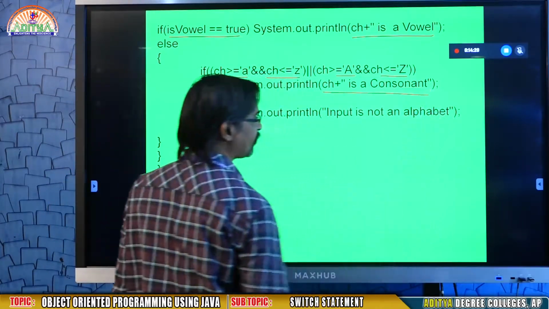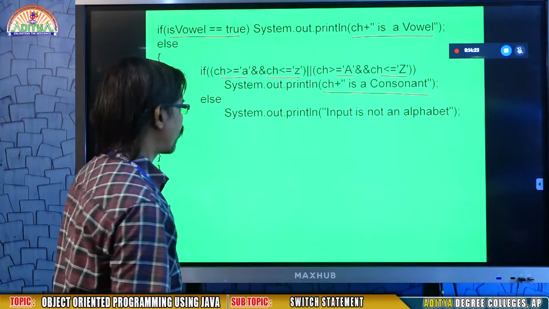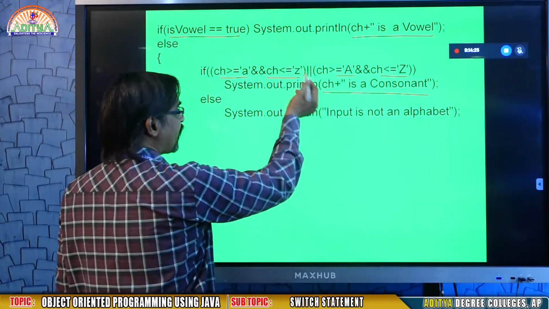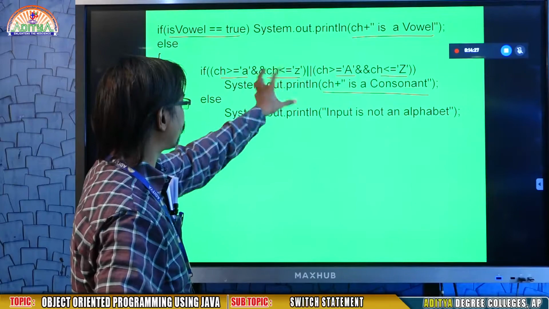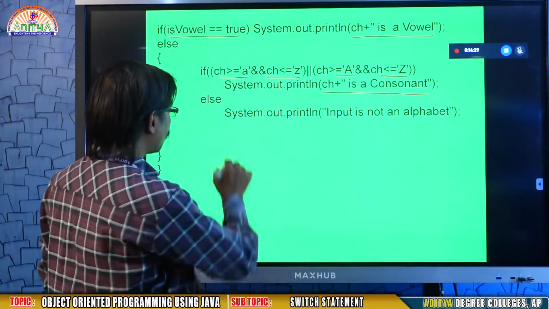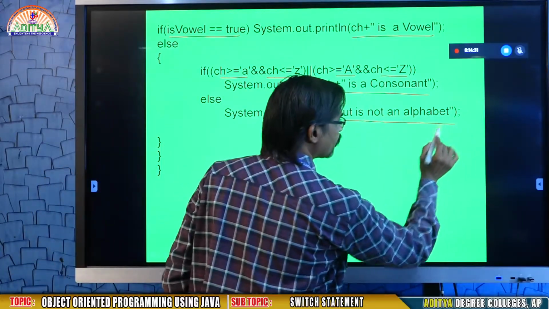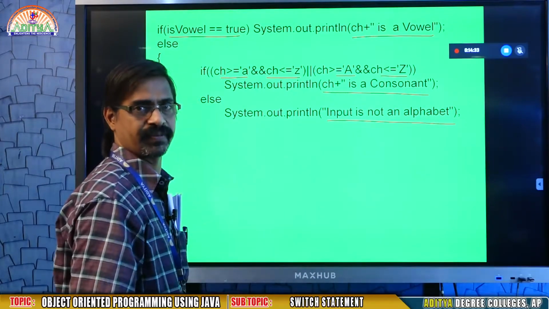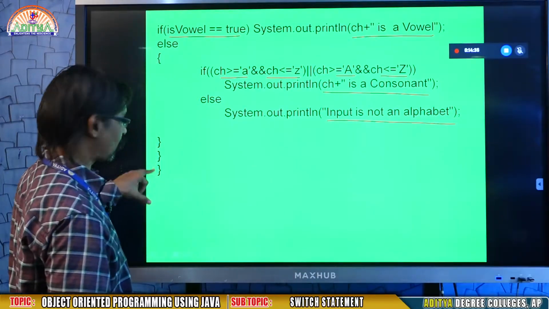The given character is a consonant. In case the given character is not between A to Z, it will come to this else: input is not an alphabet. This is my program. I am closing.